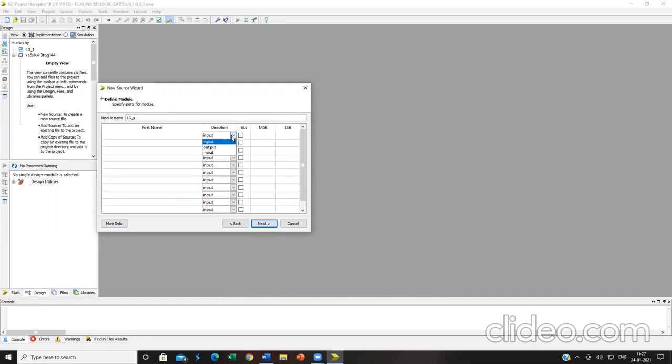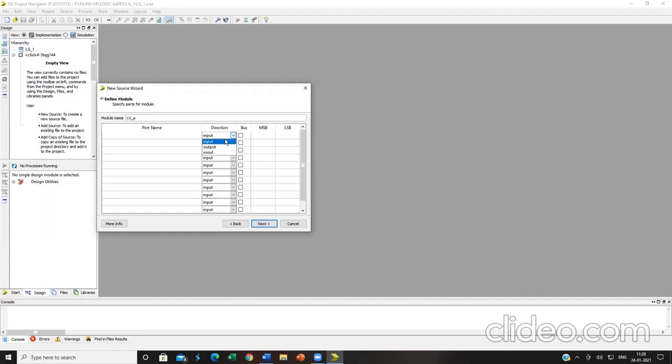Input means it will be receiving only the input. Output means it will be sending only to the output. In-out means it will act both as an input as well as an output. Whenever we go for tri-state or high impedance inverters, buffers and all, we'll go for in-out. Whenever we want to create a bidirectional bus driver circuit, we'll go for in-out. For a unidirectional bus driver circuit, we'll go for either input or output.